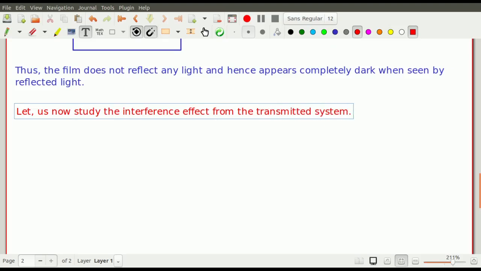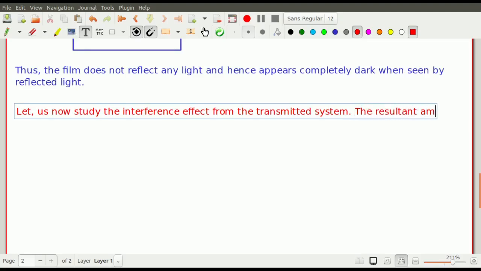So we will study the transmitted effect from the transmitted system, okay? So therefore the resultant amplitude of the transmitted wave